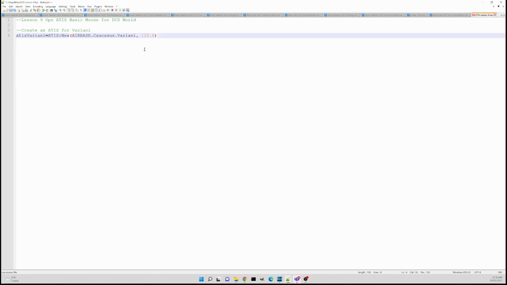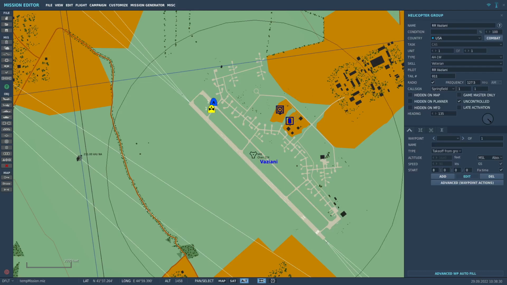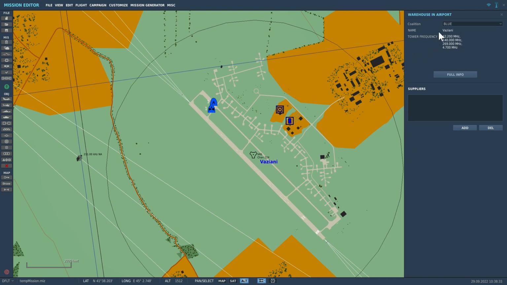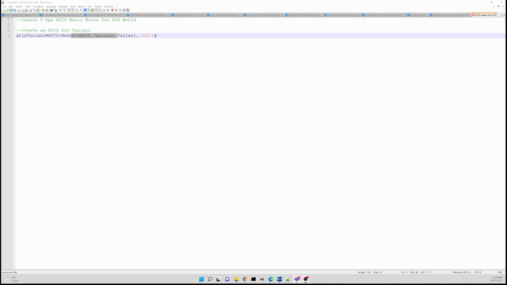There we go. Another way to do this, if you don't want to put these full names in, is we could use whatever is in the mission editor, which if we duck back to that quickly, whatever this airport's called, when we display its information here in the name, if you use that name exactly with quotations